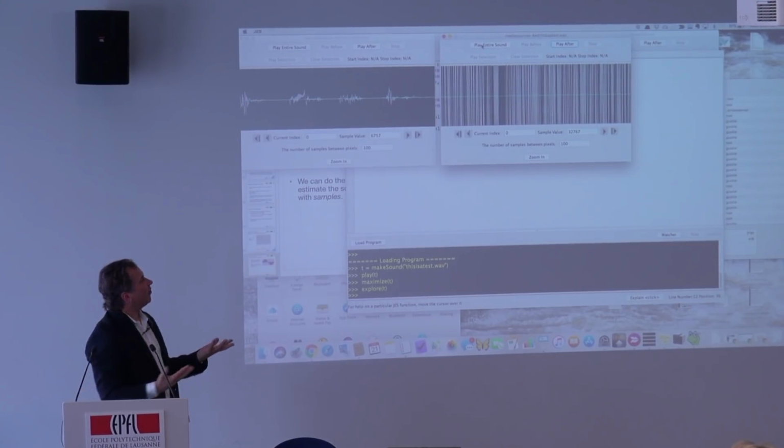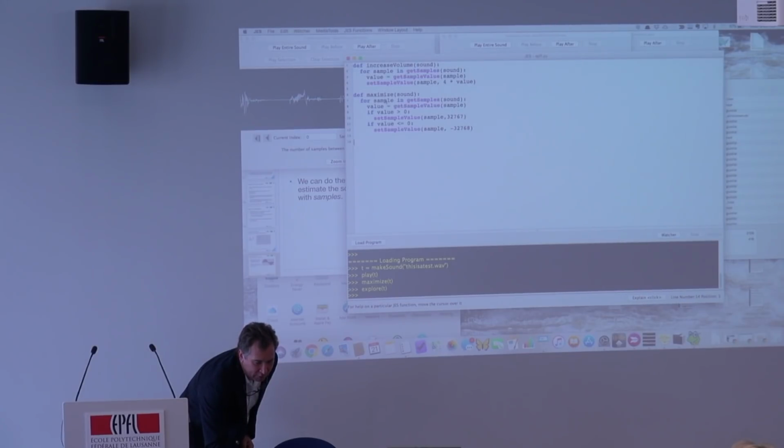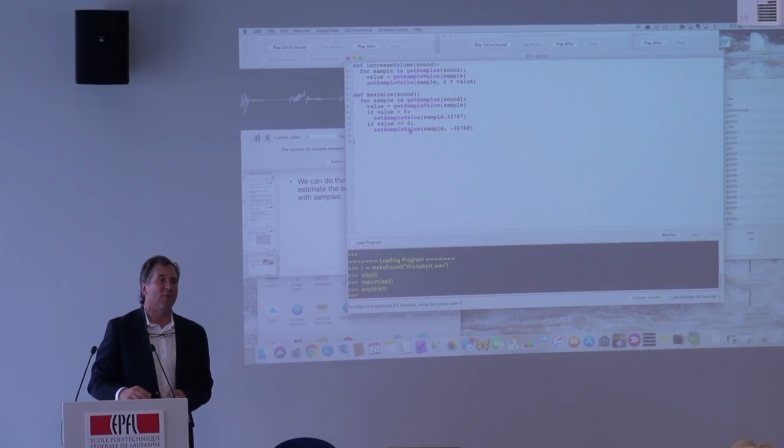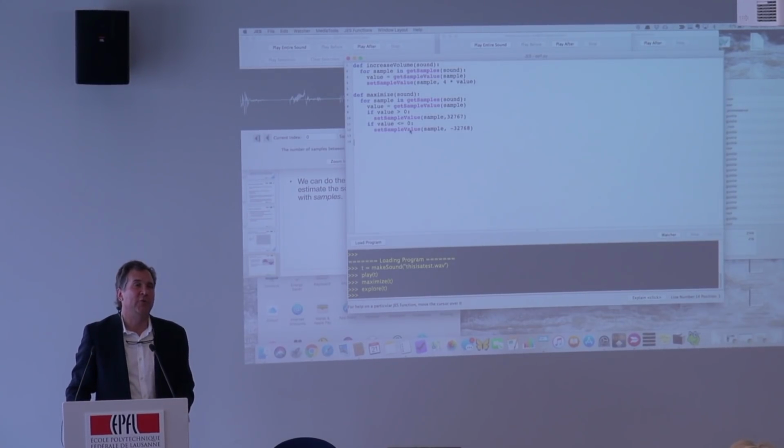So I think this is really a remarkable little piece of code. It's only 1, 2, 3, 4, 5, 6, 7 lines of code. But those 7 lines of code actually teach you something about what it means to be human. You don't understand speech in volume. You understand speech in frequency. I can mess the volume up as much as I want. For 7 lines of code to teach you something about being human is pretty interesting.